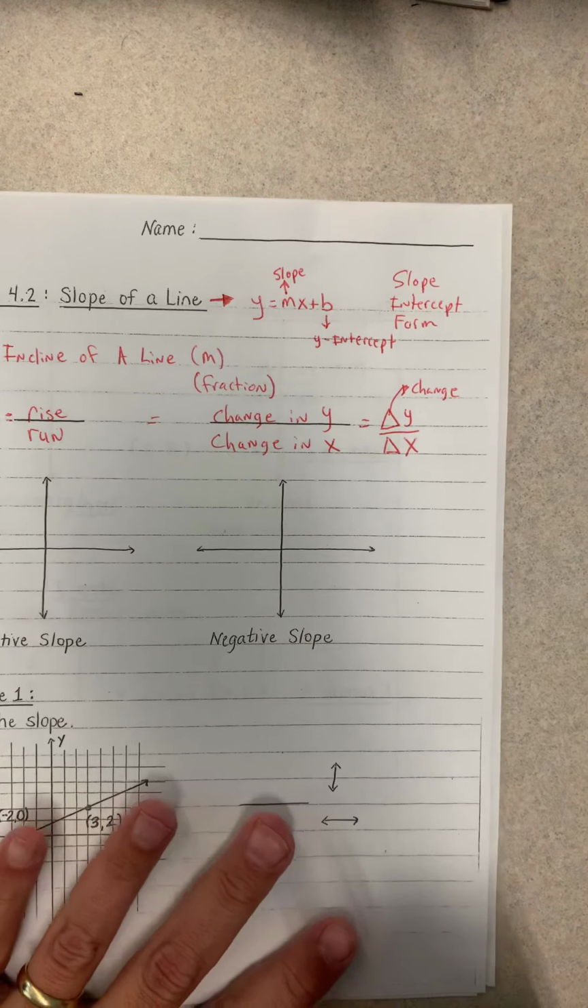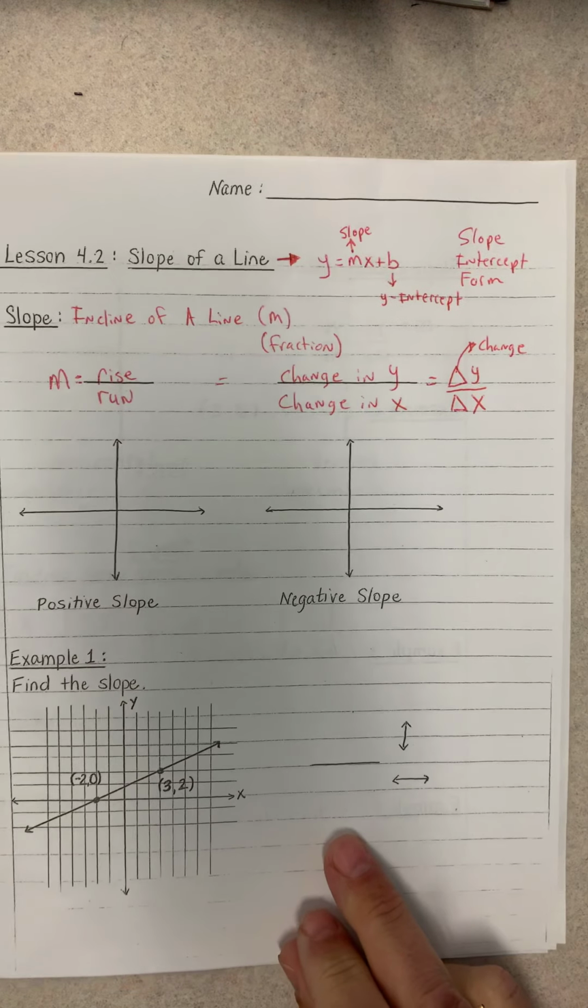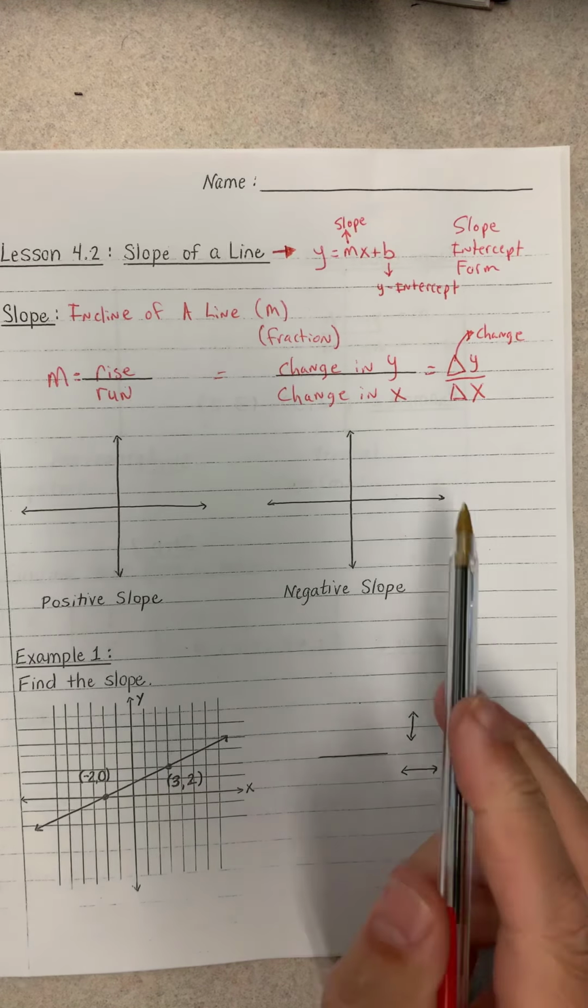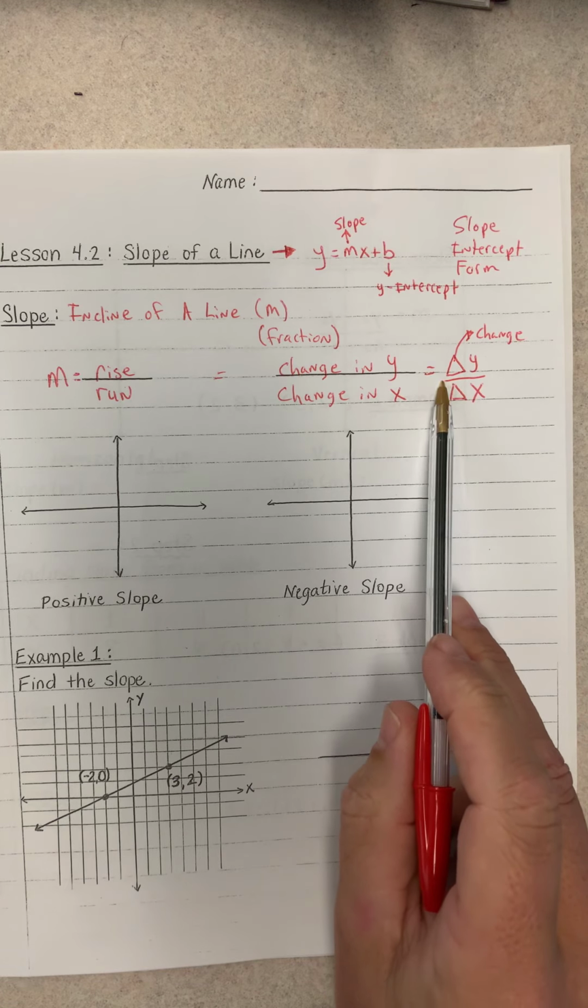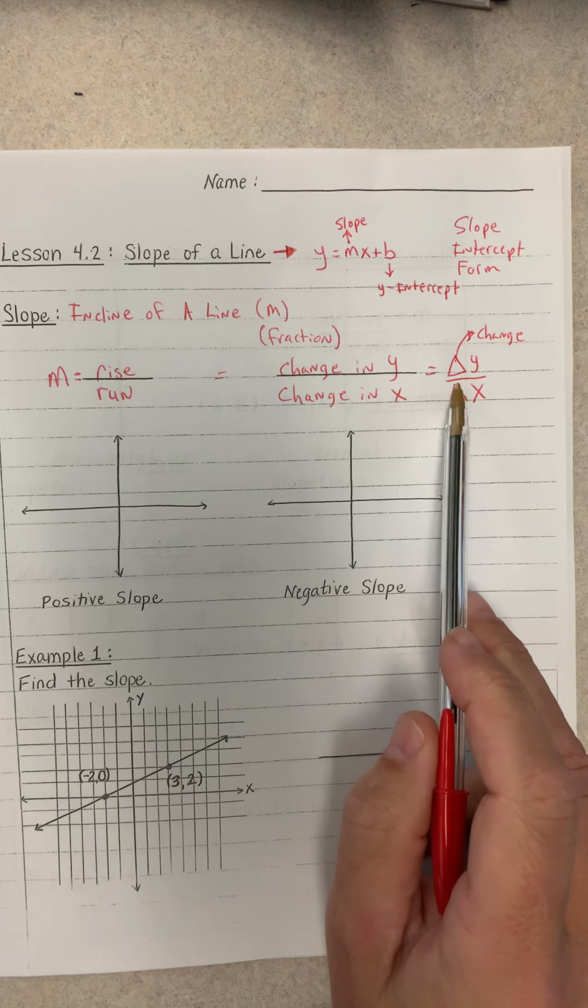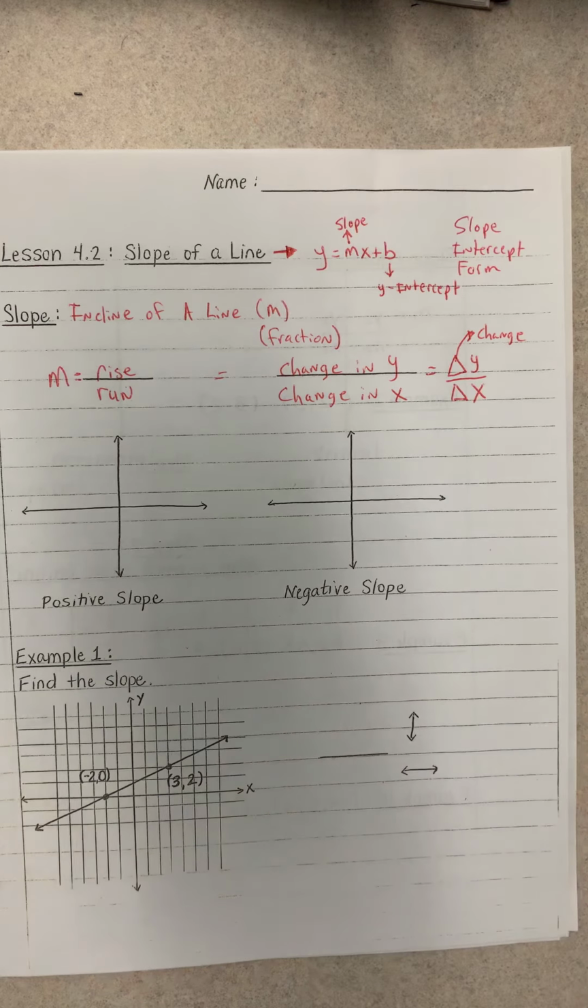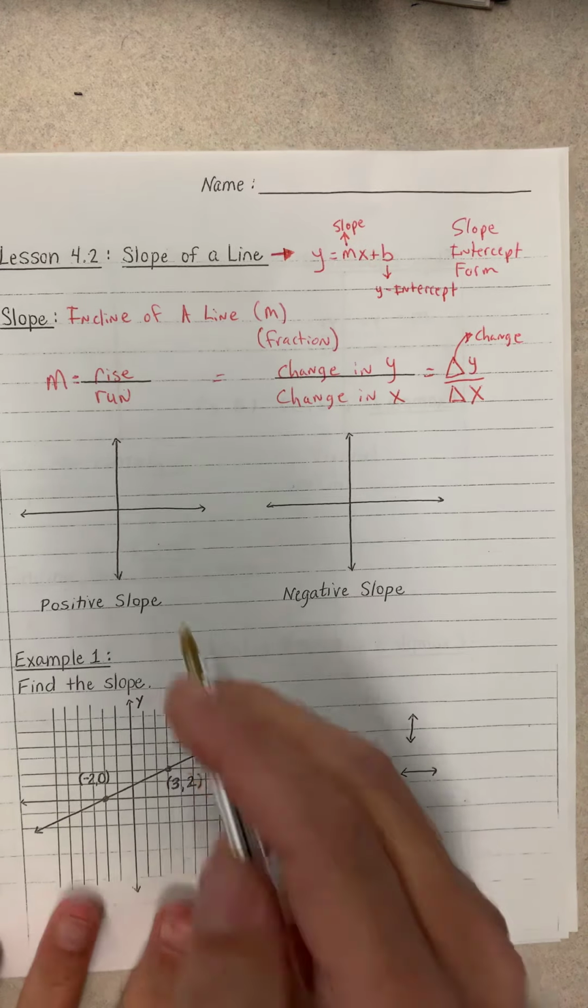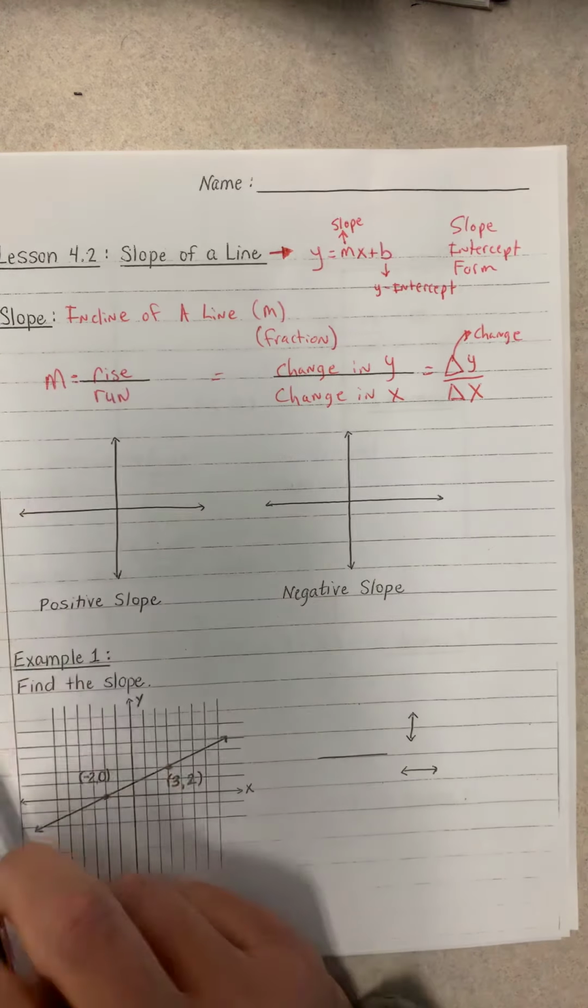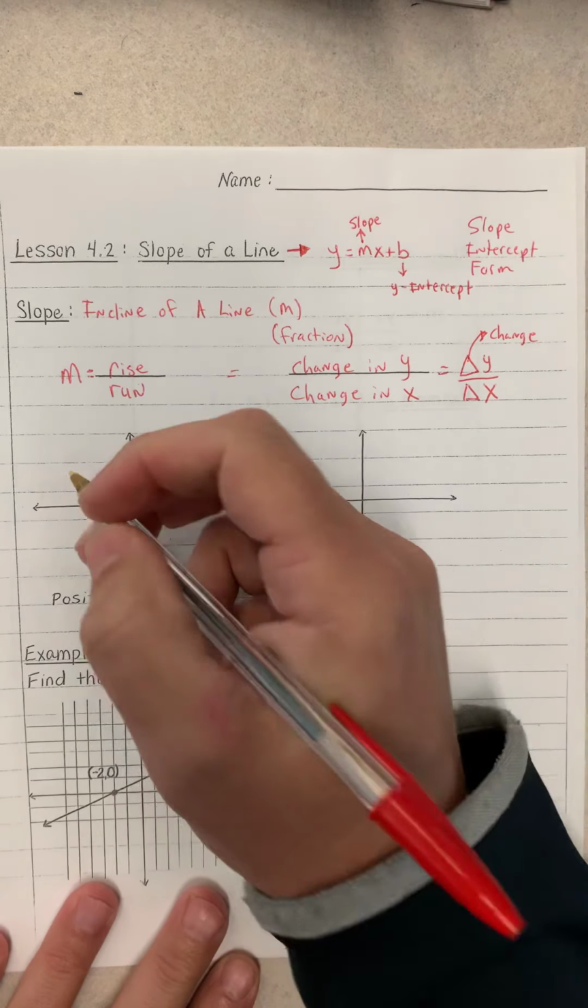And if you haven't seen this already in science class, you certainly will. This is Greek letter delta. Delta means change. You'll see this in science. Delta T, the change in temperature. Delta P, the change in pressure. We're going to call it delta Y, the change in Y, divided by the change in X. When I'm talking about this incline of a line, this slope, this rise over its run,